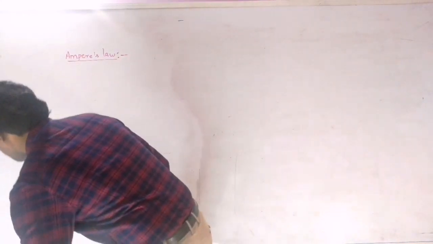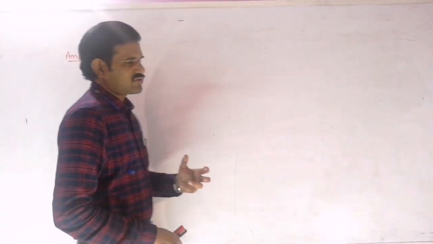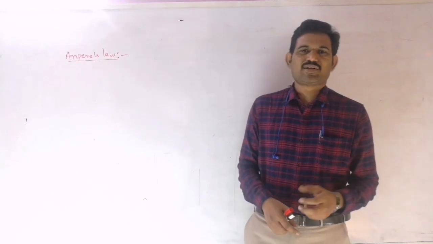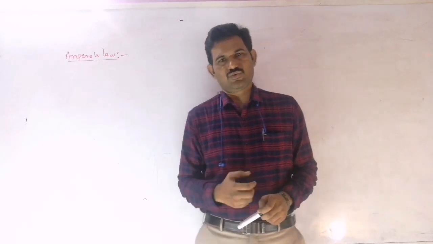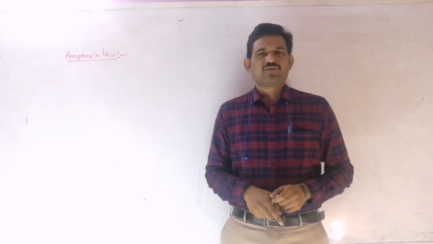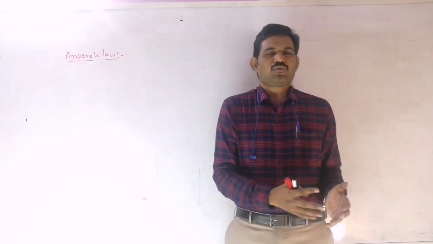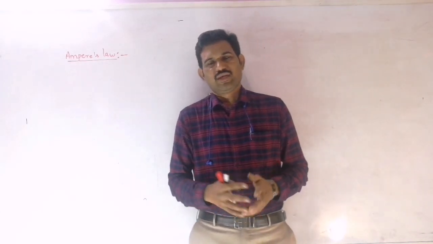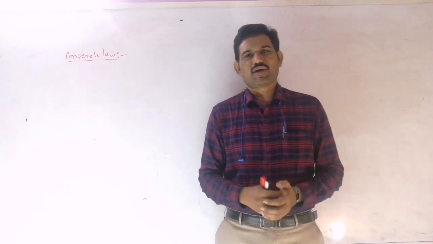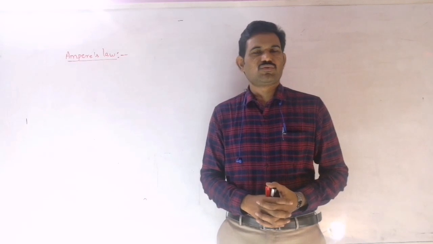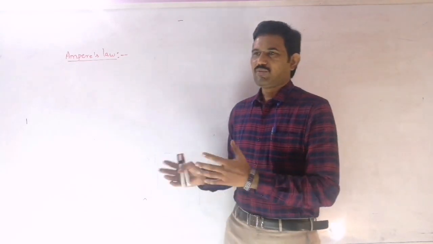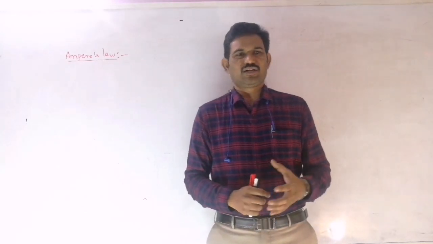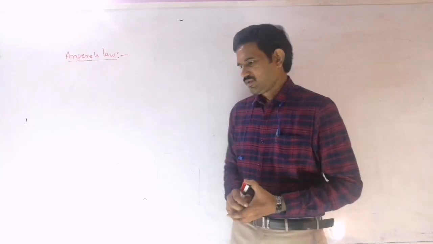Here, Ampere's law plays a role similar to that of Gauss law in electrostatics, just as Biot-Savart's law plays the role played by Coulomb's law in electrostatics, right? We know Gauss law can be derived from Coulomb's law and Coulomb's law can be derived from Gauss law. Similarly, here Biot-Savart's law can be derived from Ampere's law and Ampere's law can be derived from Biot-Savart's law, right? Those are different ways of expressing the field. With the help of this, we can find the magnetic field due to different current distributions.